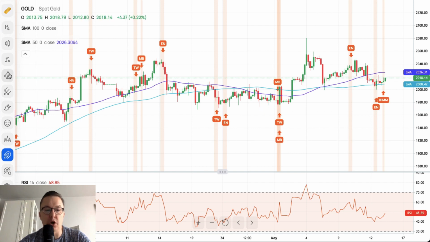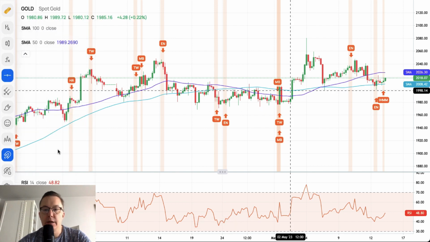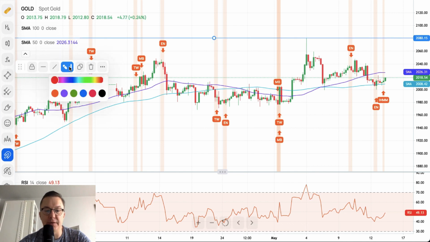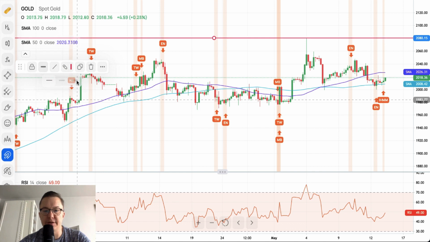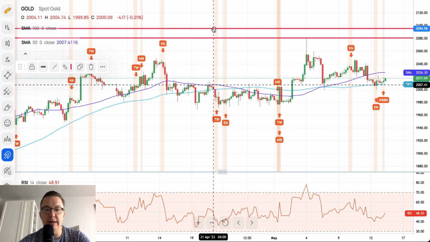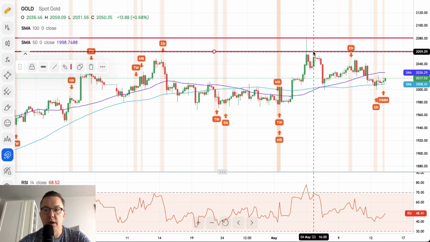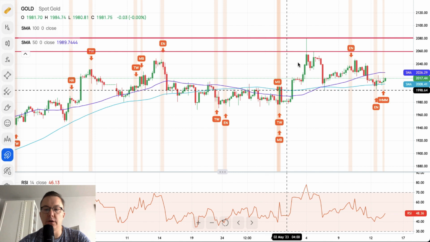Gold, what is gold doing these days? So let's take a look. All-time high $2,080, so this is definitely a big resistance level made after the all-time high, and now we are going a little bit lower. Where is the next level? I think around $2,059, so that's another zone here we got on the gold.